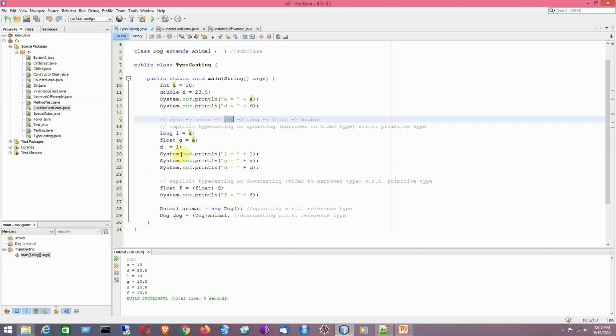Now I can write here d equal to a. D is basically of double type and L is of basically long type. So that we can write here because according to this particular convention, double is considered to be wider than long. So following this relationship, we can have